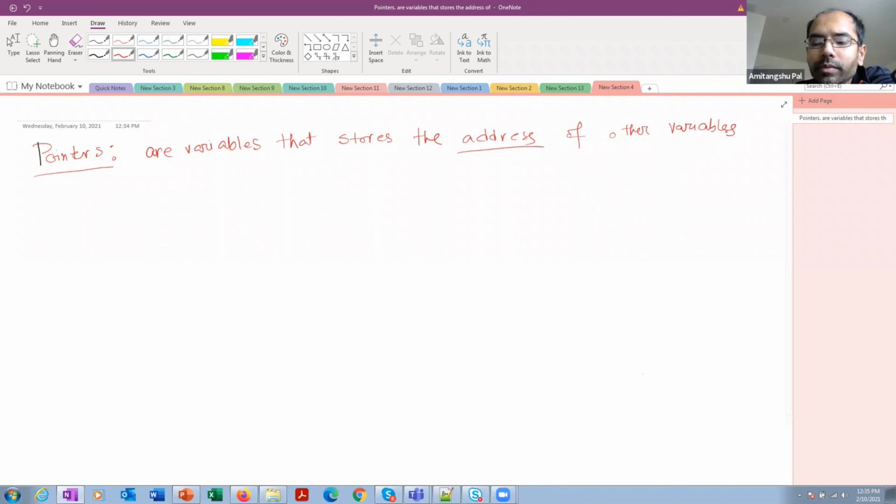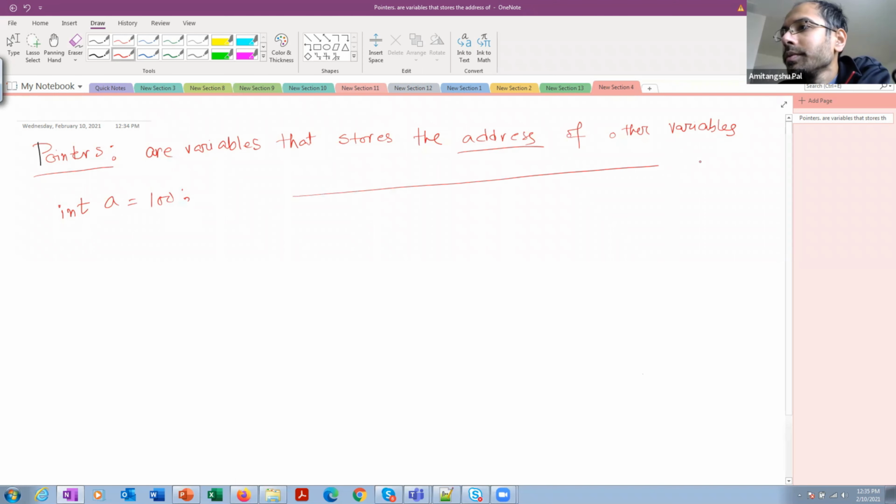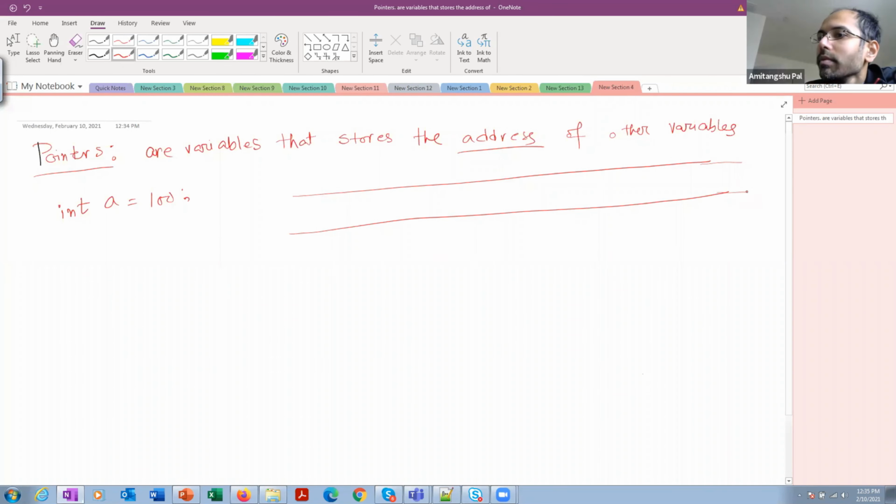All right, so suppose you are writing int a equal to, say, 100. What's happening in the memory location? Suppose this is your memory, and memory is byte addressable. So a equal to 100 is converted into bits and bytes, and then stored inside the memory.